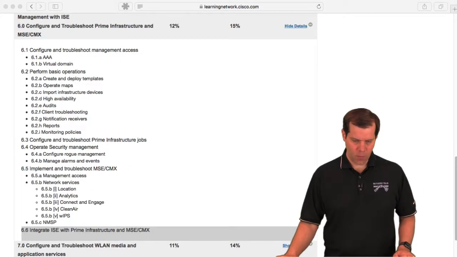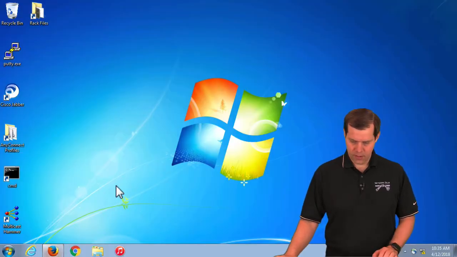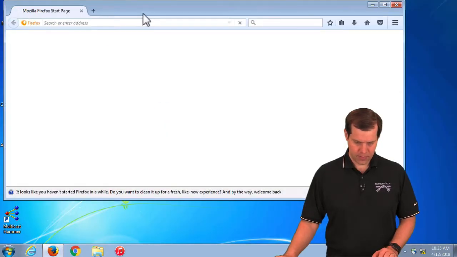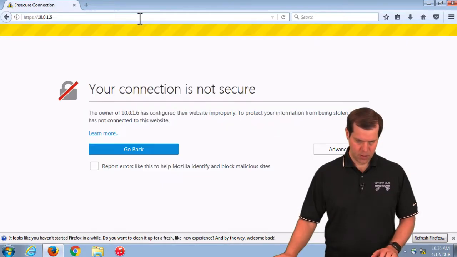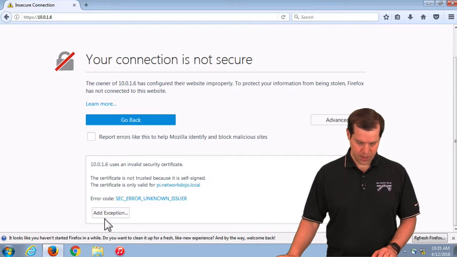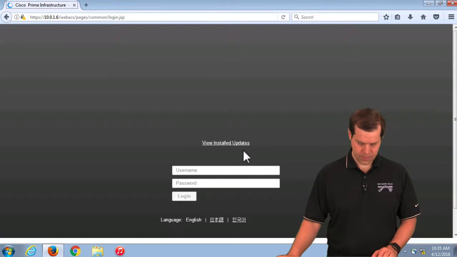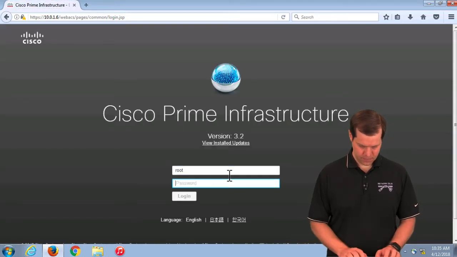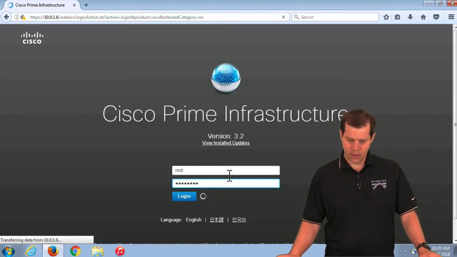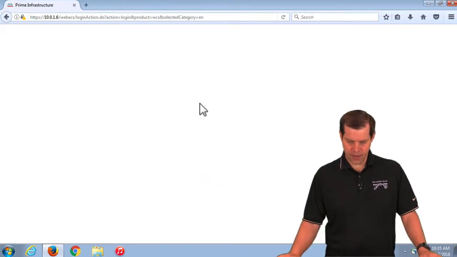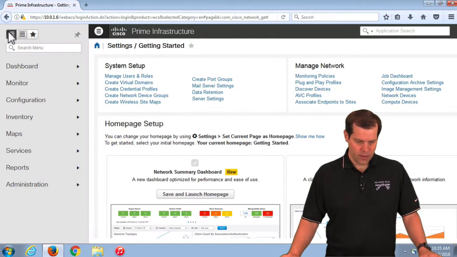So I'll show you an example of why that's kind of a good thing here. So I suppose I should actually open up Prime here. So let's jump into Prime. Log in with that root account. So Prime's at a fairly blank config right now. That's the only admin account I have. I don't really have anything else going on here. But we have